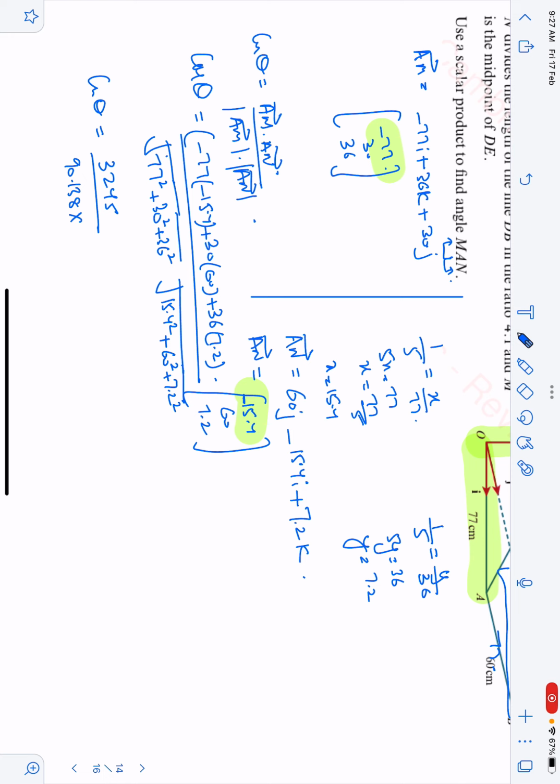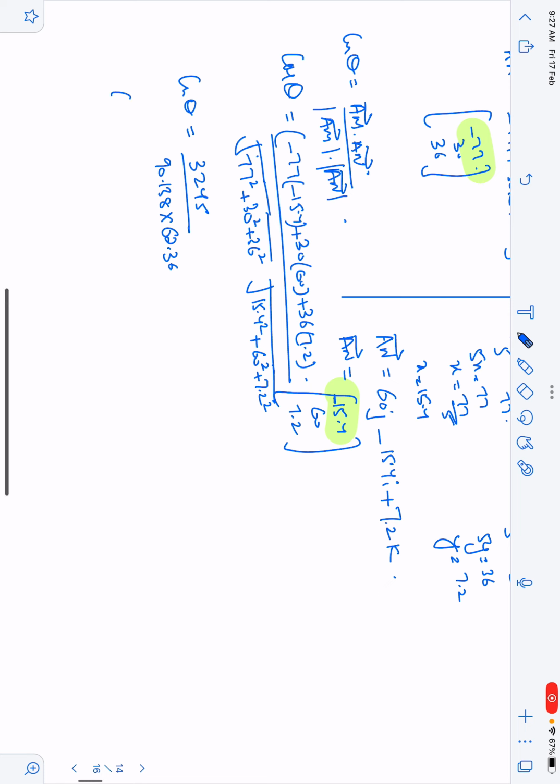The square root of 3889 is 62.36, multiplied by 90.138. I'm getting cos theta equal to 0.577. Cos inverse of the answer is giving me 54.7. So the angle between them is